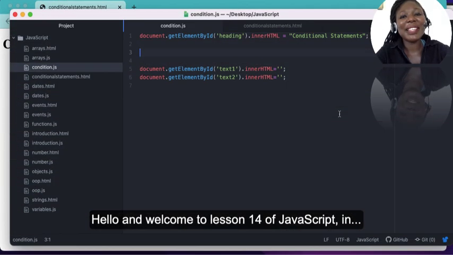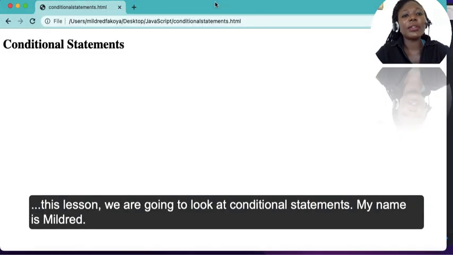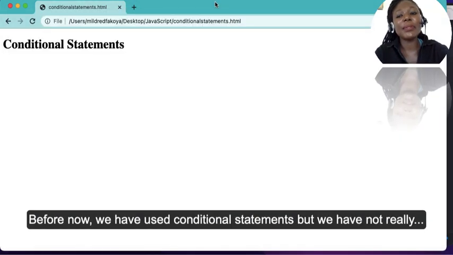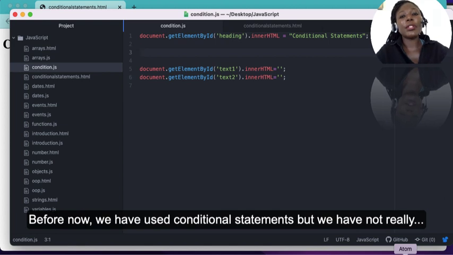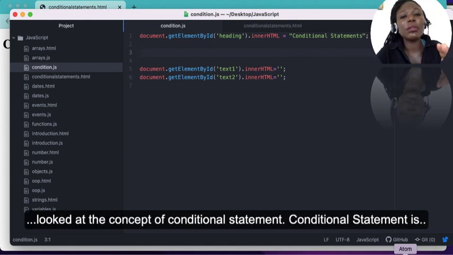And welcome to lesson 14 of JavaScript. In this lesson, we are going to look at conditional statements. My name is Mildred. Before now, we have used conditional statements, but we have not really looked at the concept